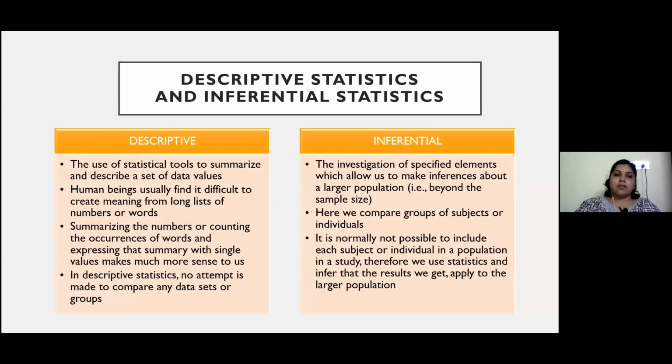So descriptive statistics is actually to convert certain data into information, summarizing the data. Inferential statistics is to get the exact conclusion from a data. Here we compare different subjects, different groups, etc. Based upon the age, we divide them into different groups. There we just understand that in the age group between 20 to 30, there are this many individuals. Between 30 to 40, this many individuals. 40 to 50, this many individuals.